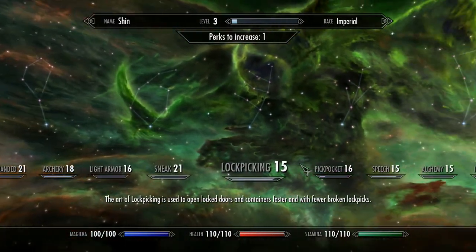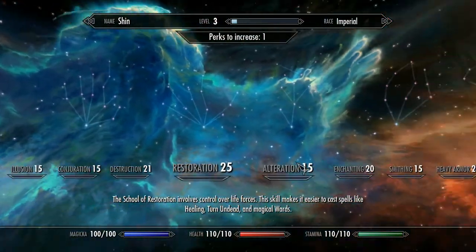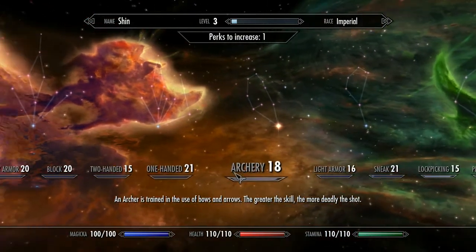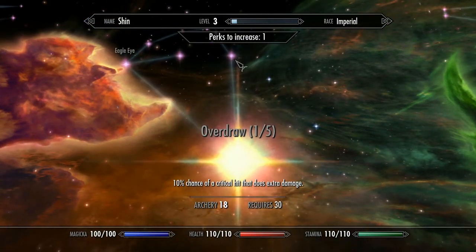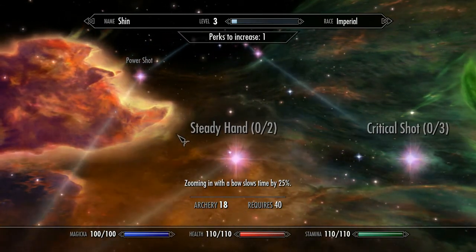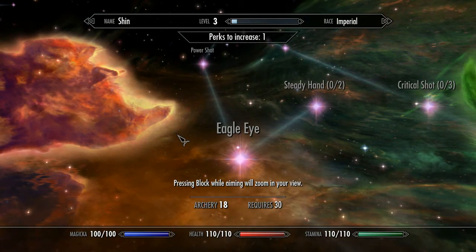Could go for sneaking. Lockpicking's possible. Or one of the magics. Or we could just save it for now until we have a rough idea of where I'm going, but let's have a quick look at the archery thing. So I need 20 archery before I can actually level that up to 40% additional damage. The crit shot takes 30. The zoom requires...